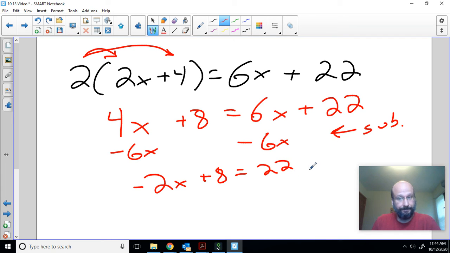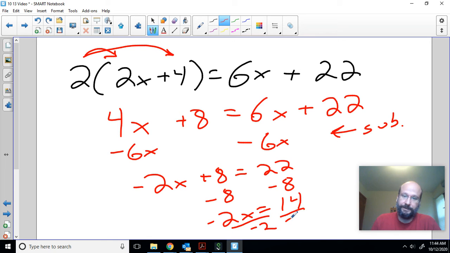What's our next step? And what's this? 22 minus 8. What's our next step? What's that property called? And x equals